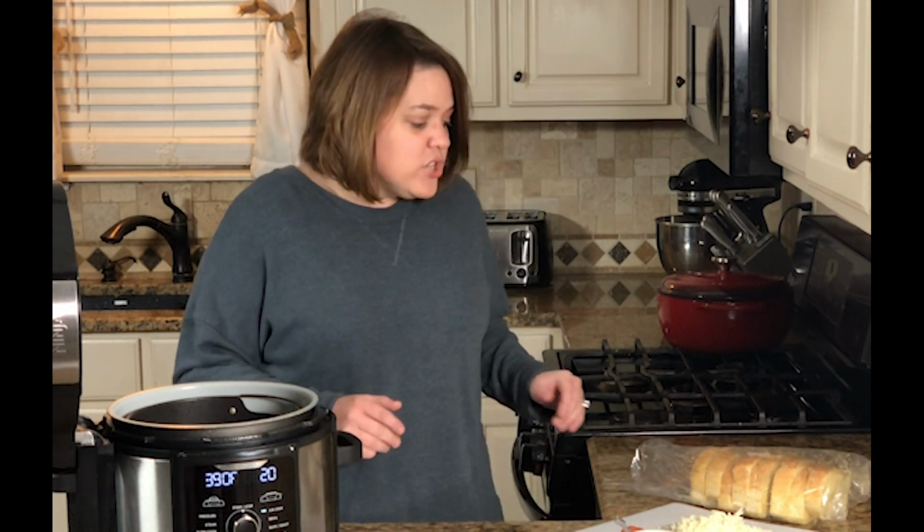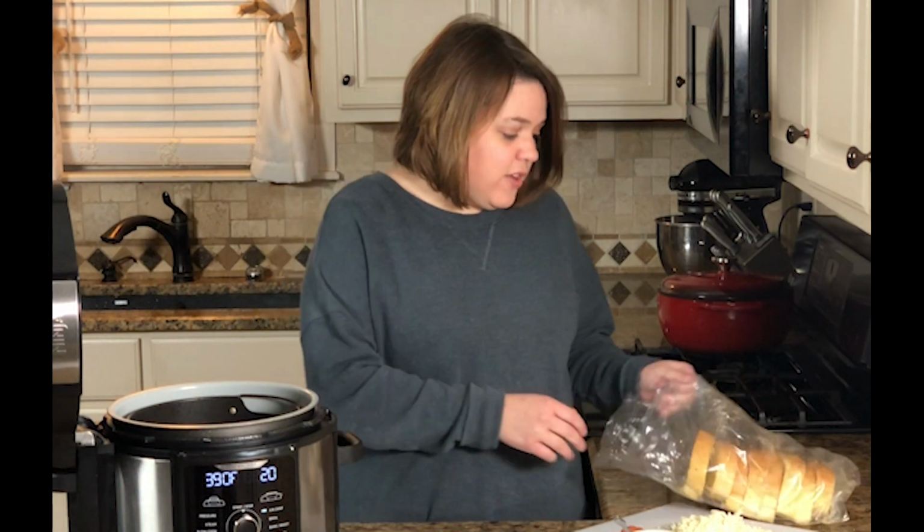This is also a super easy recipe to teach your older kids to make, if they stay home, whatever it may be, and they want something to eat for lunch. This is one they can make without you there. It's just that easy. So the first thing you need is the garlic bread